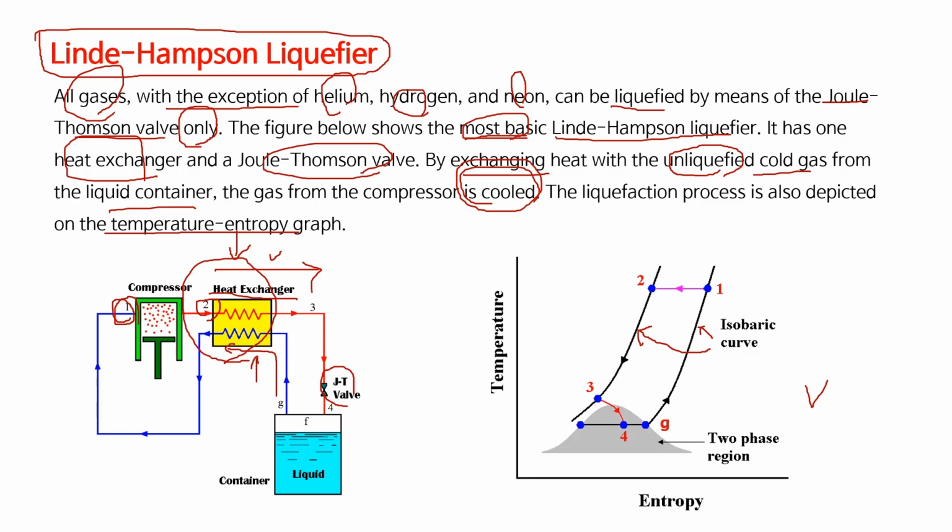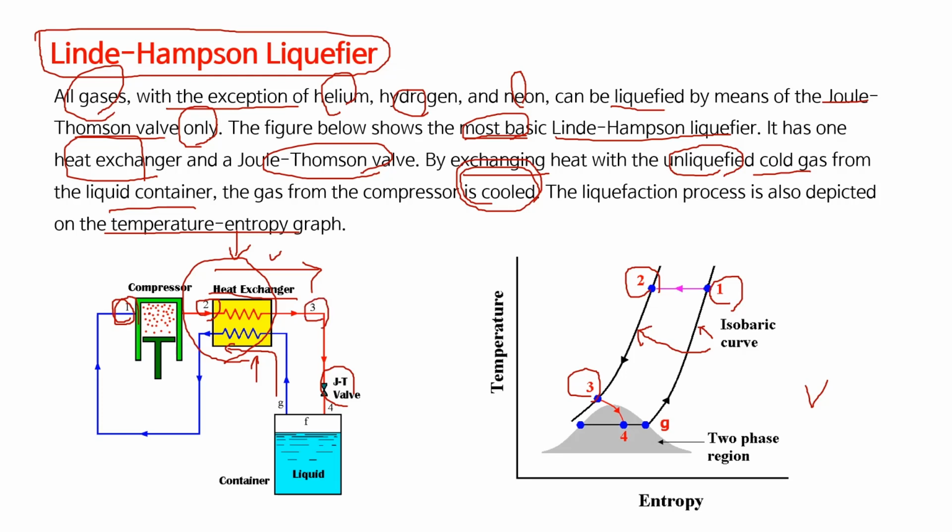So gas enters the compressor and is pressurized, and coming from the compressor enters the heat exchange. Due to the function of the heat exchange, the gas temperature is lowered to 3 here,